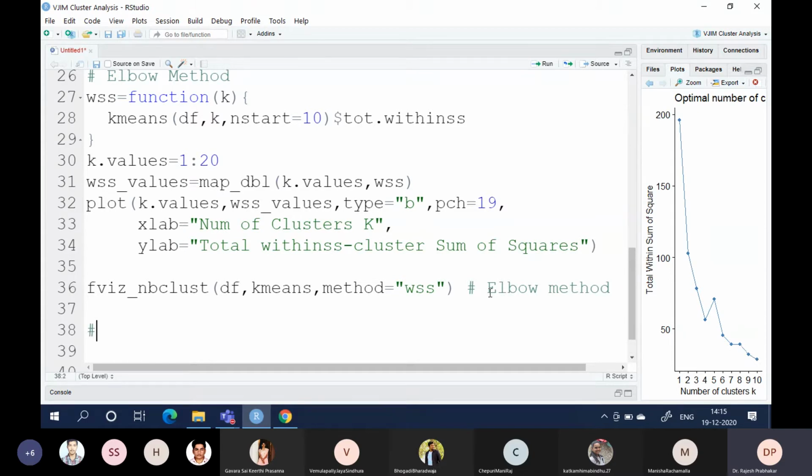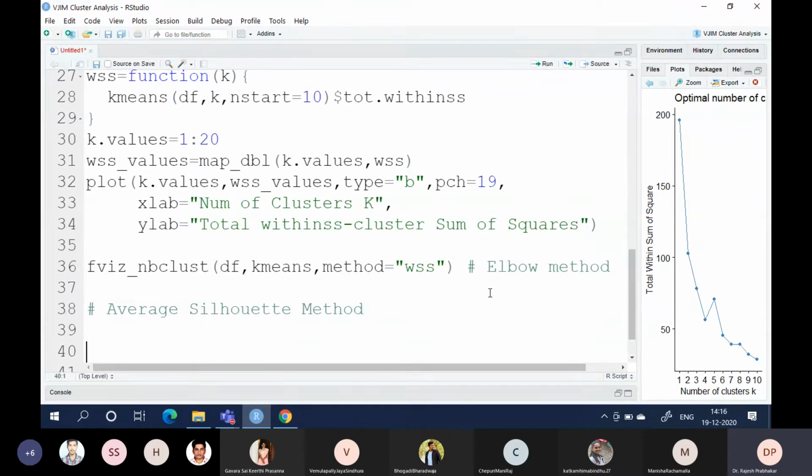The second method is the average Silhouette method. This is also a very popular method. The Silhouette method is also a good method, wherein it uses a separate formula for calculating the values.